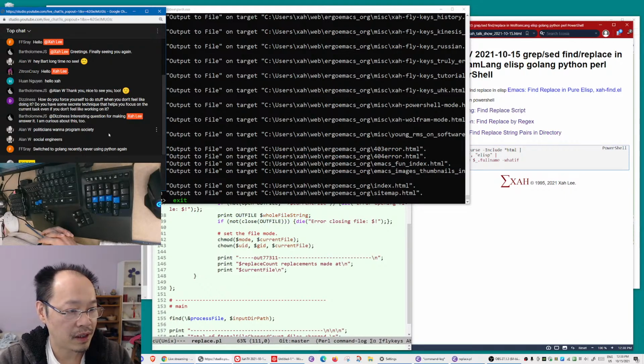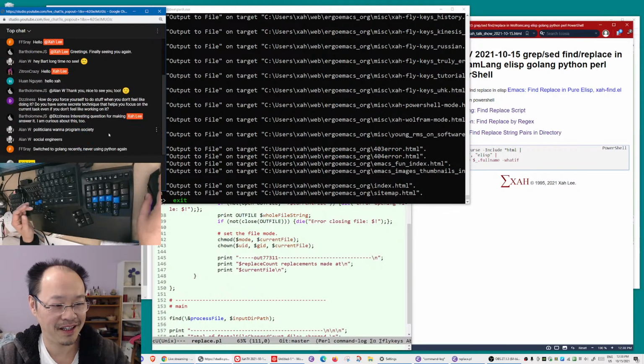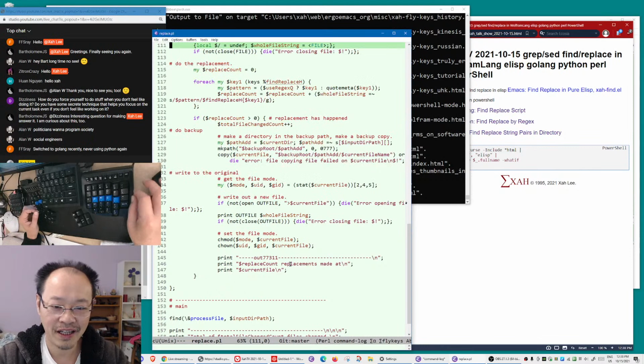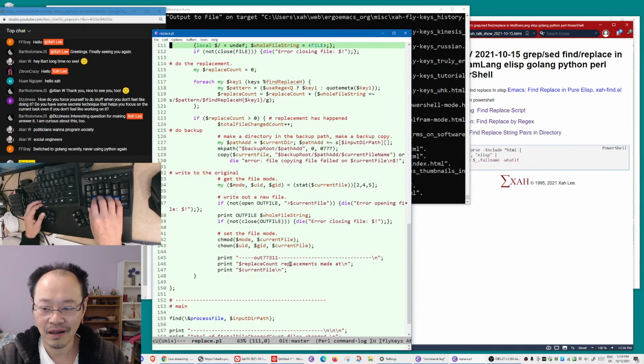Interesting question. Okay, I'm curious about these two. Politicians want to program society. Social engineers switched to Golang recently. Never used Python again. Indeed, that's my sentiment as well. Golang is a better language than Python. It's superior in many ways, in almost every way. The only exception is that Golang,